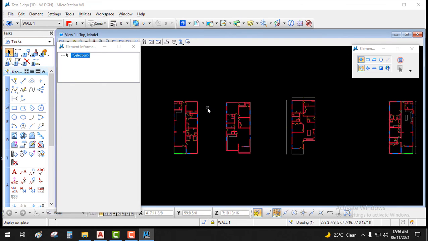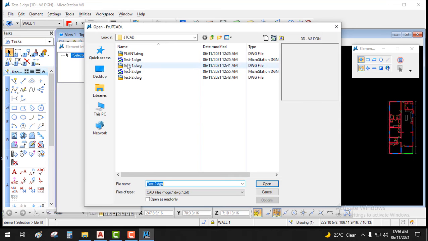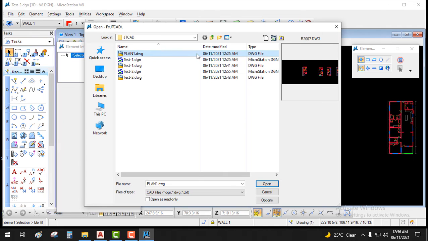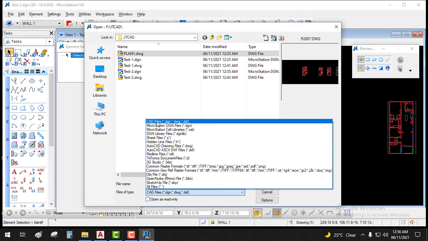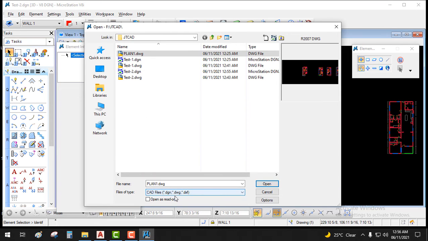The other option that you can use to convert your AutoCAD files to DGN is to simply go to File, Open, and if the file is not open in any other window, like this file, it is the DWG file. From here you have to change to CAD files, and it is listing all of the DGN, DWG and DXF files. All will be listed here. We can open a DWG file in Microstation,